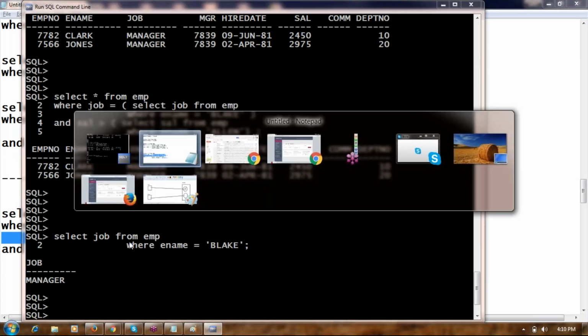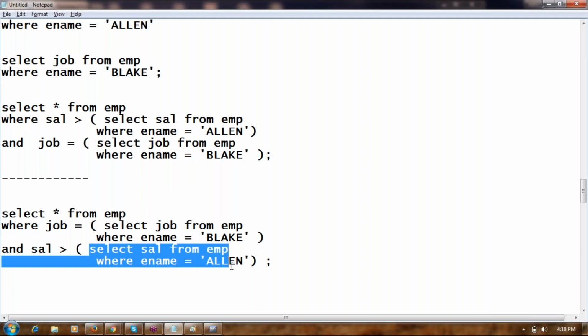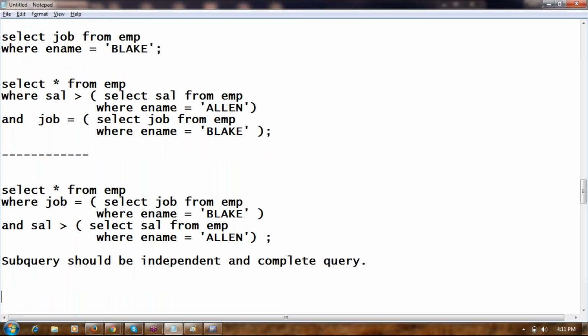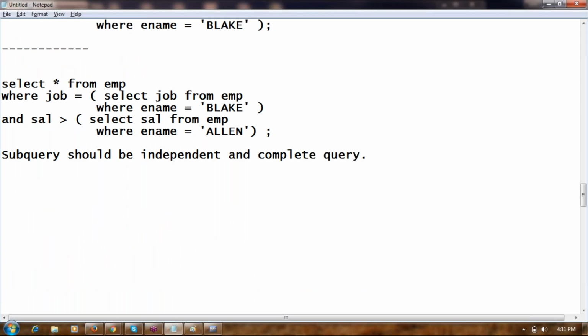That means whenever you copy the subquery, it should independently run. Subquery should always be an independent and complete query.